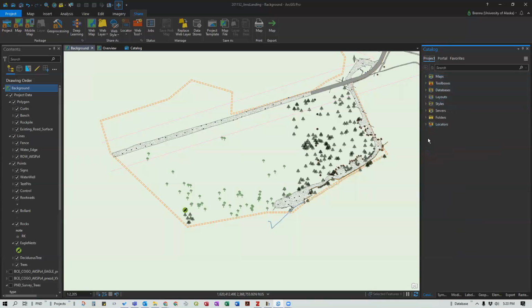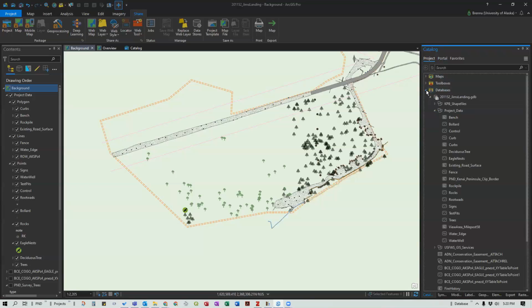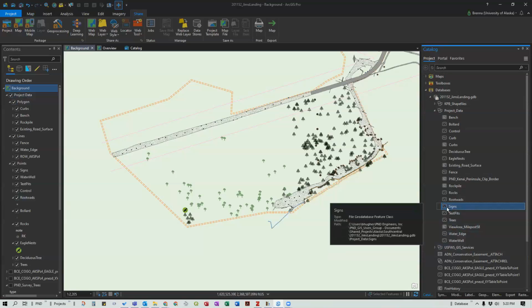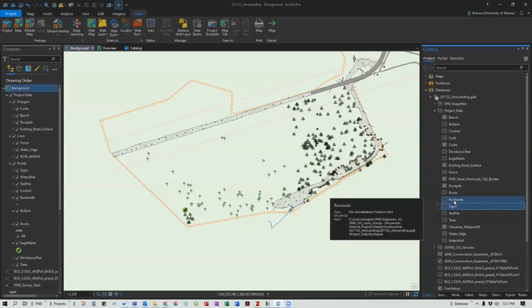But your project data is all in your catalog project pane. So that includes your project's geodatabase and all of these layers, most of which I've added to the map, but it also includes layers that aren't part of my map. And you can perform actions on things even if you haven't added them to your map here. So that's another really helpful way to approach